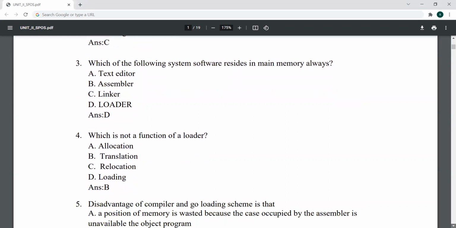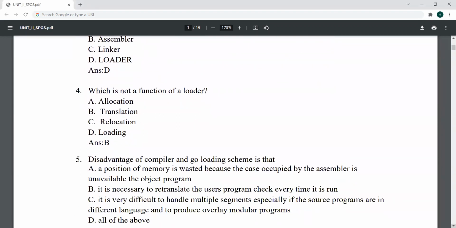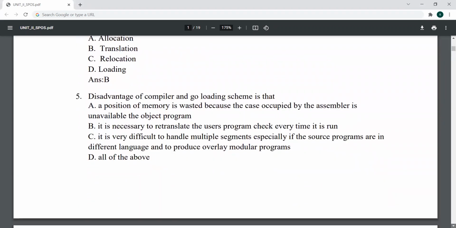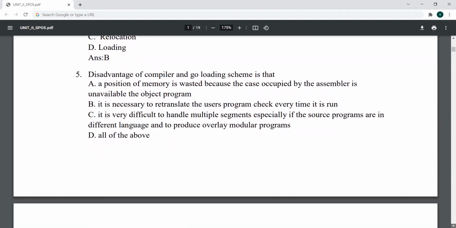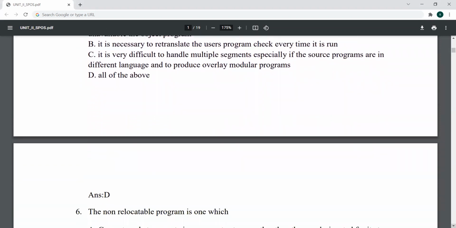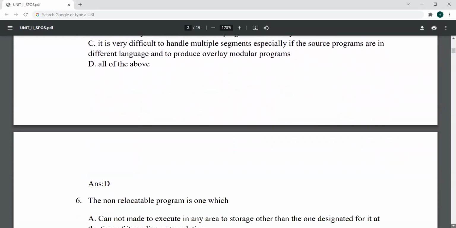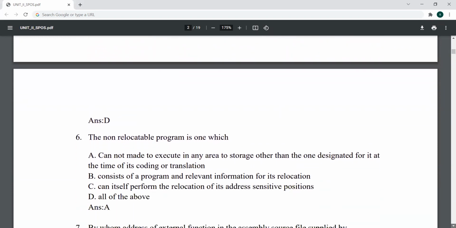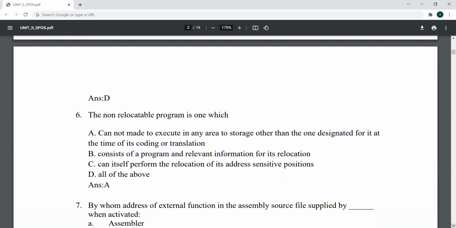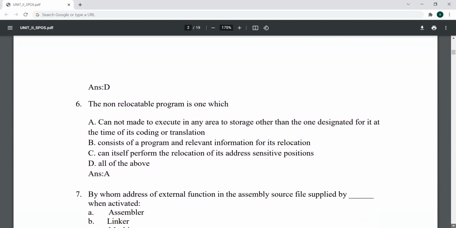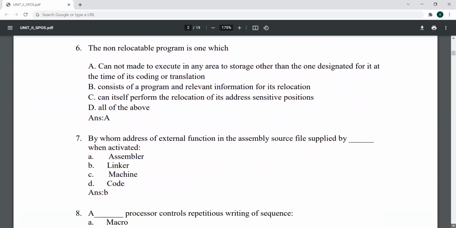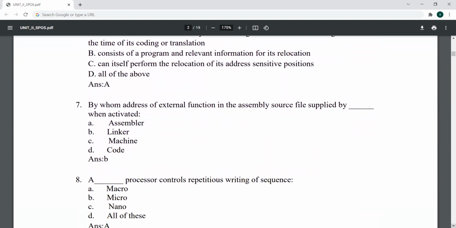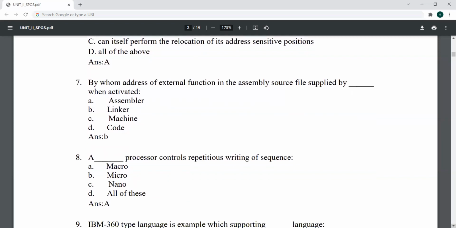The option loader. Which is not a function of loader? The option translation. Disadvantages of compile-and-go loading scheme is that a program is one which cannot be executed in any area of storage other than one designated for it at the time of its coding or translation. By whom is the address of an external function in the assembly source file